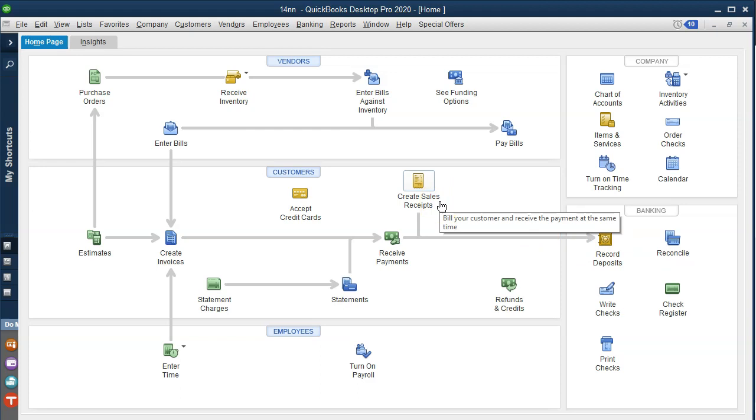You can create a sales receipt, and then every time you get money, you can debit, you can increase the checking account, and the other side go into sales at the point in time you make the sale. Now, and we'll show that, but there's a problem with that, and that is the fact that if you do that, like if you're imagining that you get cash all day long and you're making sales and you get cash, and you record them into the checking account as you make the sales with this form,